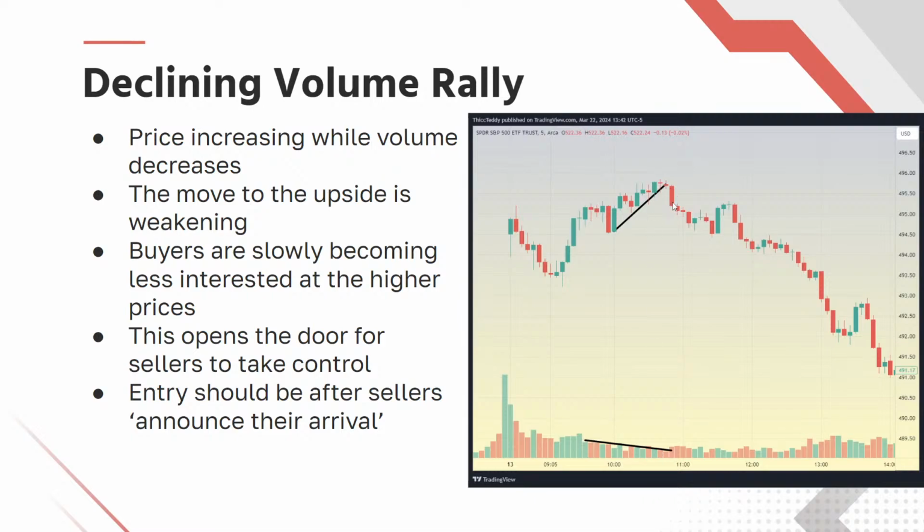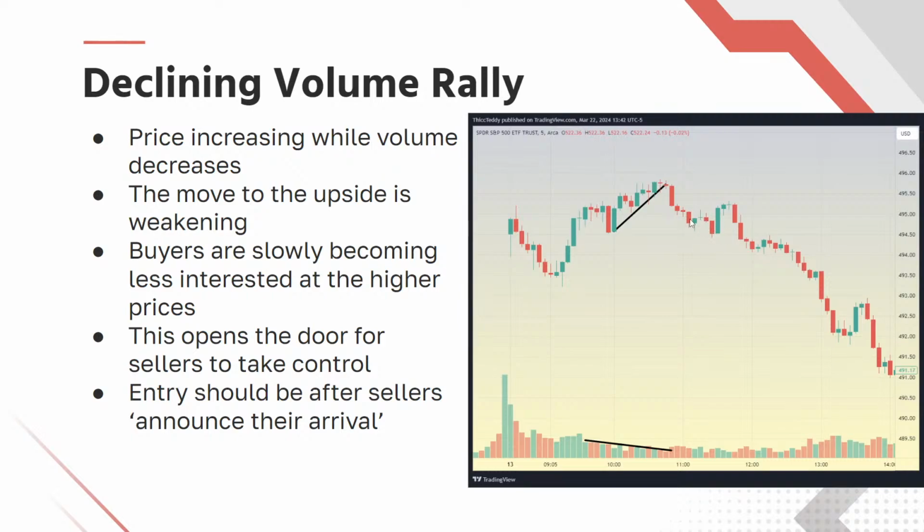So after this, I would have probably entered after the candle closed on this next red candle. I'm not sure if they would have given much of a pullback to start the candle, just a little green or not, but it's a pretty small candle nonetheless, so I would have felt comfortable entering on this red candle. And then you get a decent immediate play out. You get one, and then a pullback, and then again. If you were able to hold through this, you would have made a lot more. But just knowing me personally, I would have probably taken a little bit of profit after these two decent sized